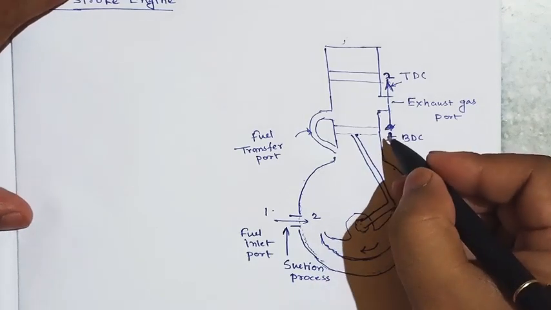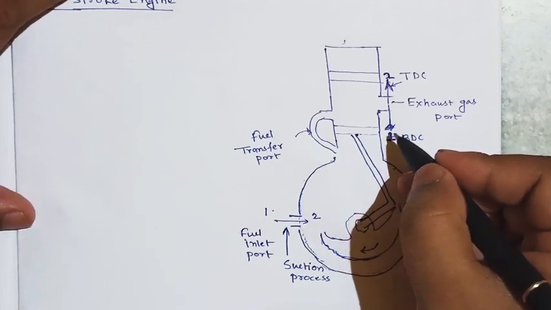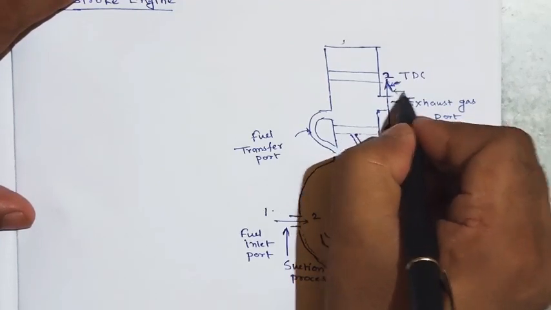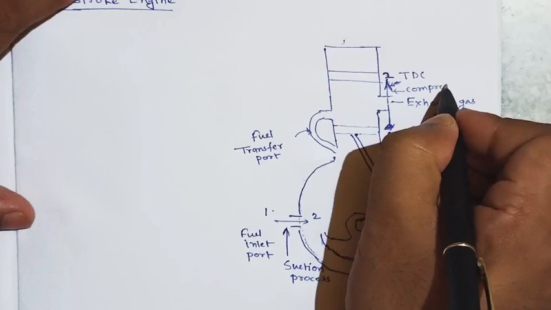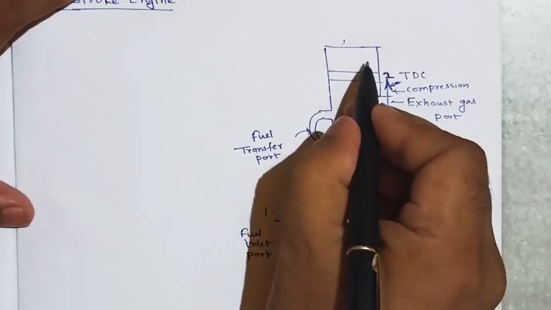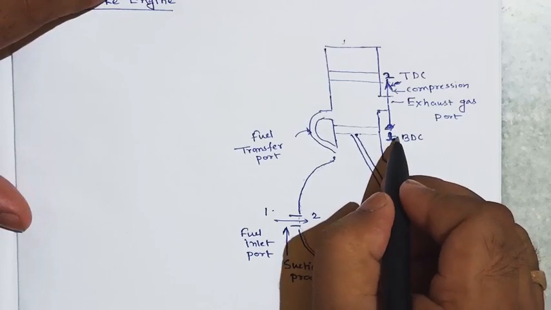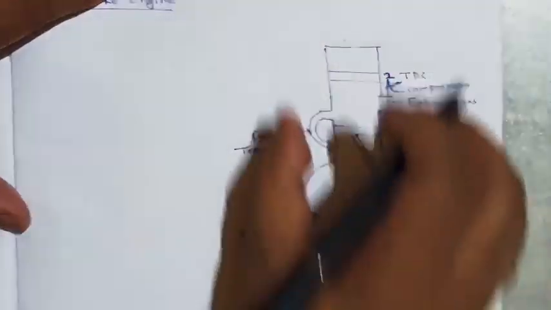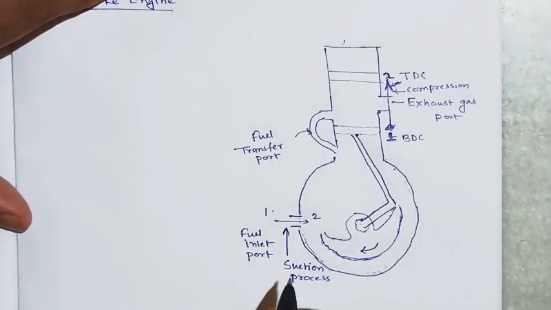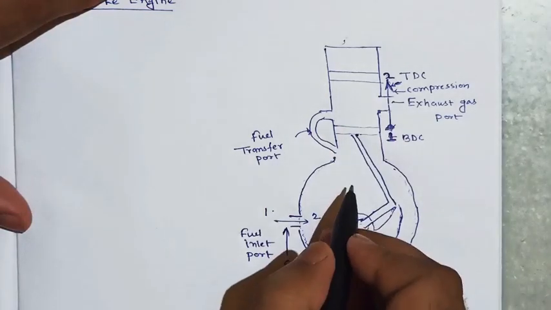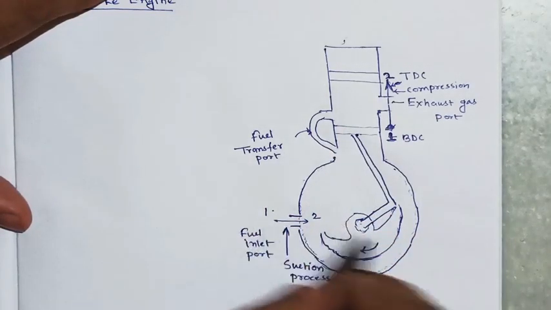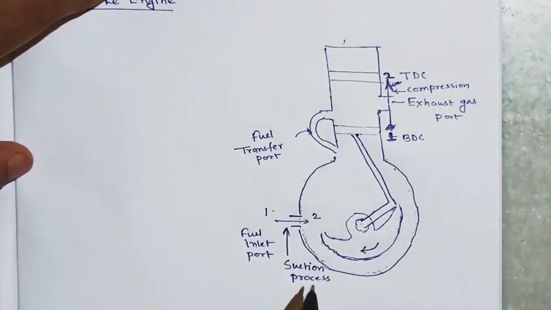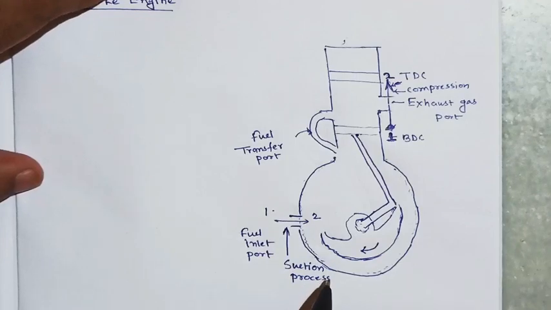As you know, when the piston moves from TDC to BDC, this process is the compression process, because fuel is present here and the piston moves from this to this. Fuel is already there, so this is the pressure generation process. So this is the compression process, and during the same time a negative pressure will generate here, and the fuel will enter this chamber at the crank. So this process is the suction process.